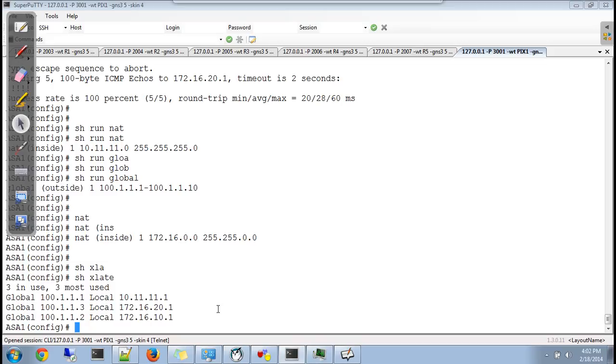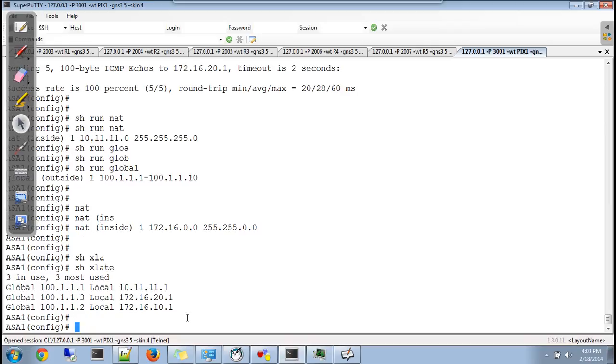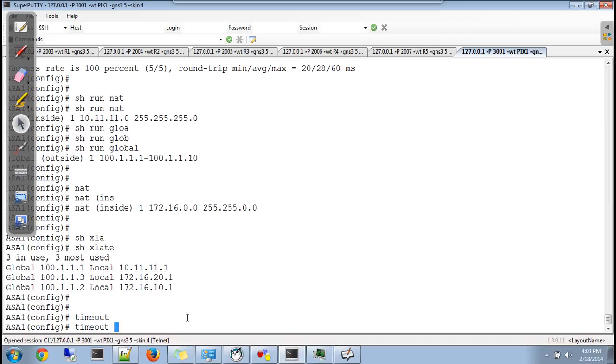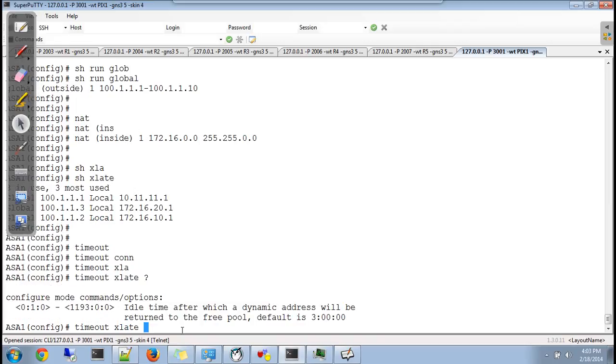First come, first served. Now, sir, once a loopback one is used by... Okay. By default, this mapping will remain for 3 hours. You can check it by saying timeout. By default, these translations will remain in this table for the next 3 hours.